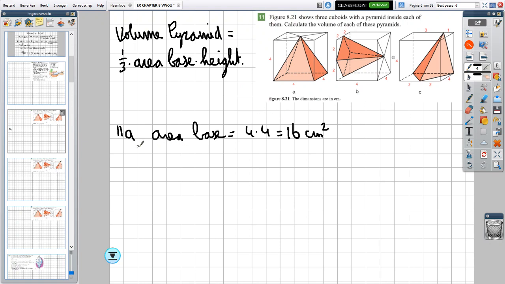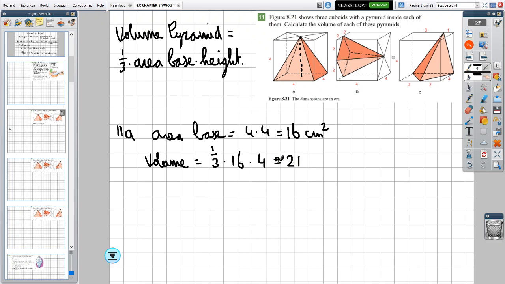What's going to be the volume of my pyramid? It's going to be 1/3 times the base, that's 16. What is the height here? Well, remember the height is the distance from the apex straight down onto the base. And here that means that's exactly this distance here, because this distance 4 centimeters is also present here from the base to the apex. So we do it times 4, and this will give us 64 times 1/3,